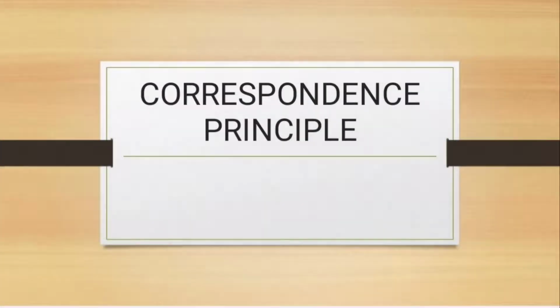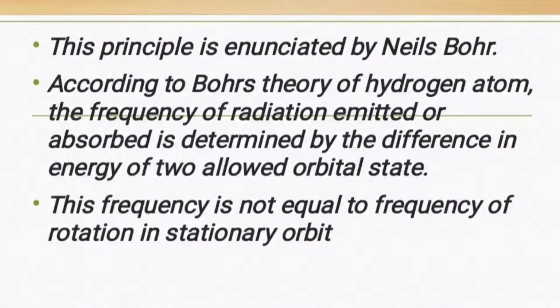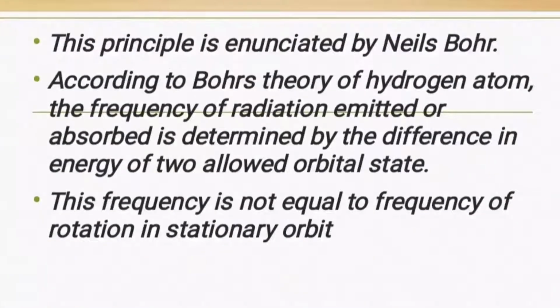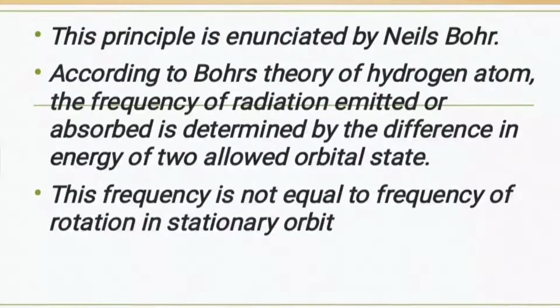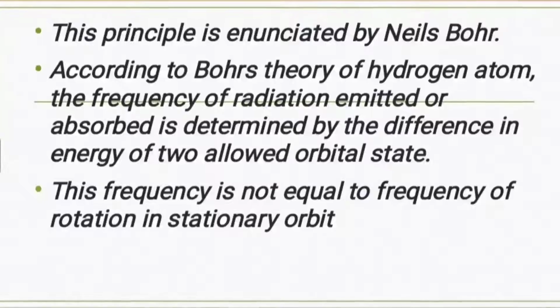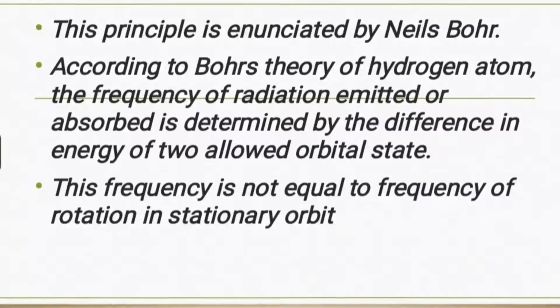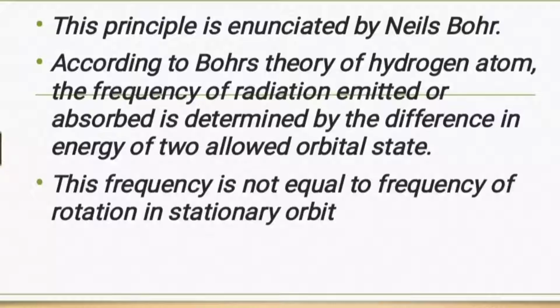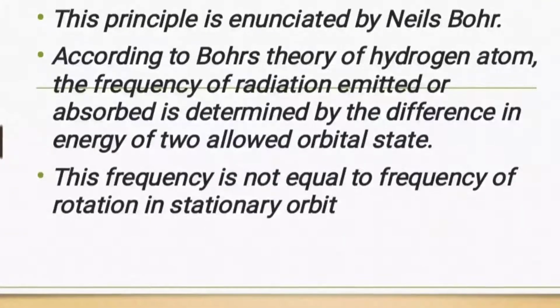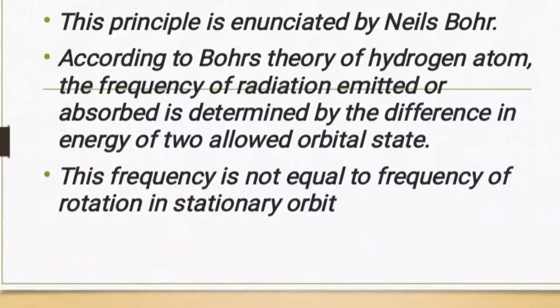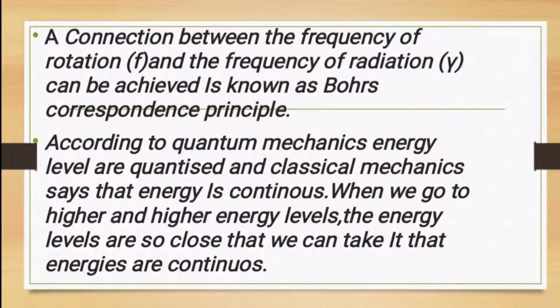Correspondence principle. This principle is enunciated by Niels Bohr. According to Bohr's theory of hydrogen atom, the frequency of radiation emitted or absorbed is determined by the difference in the energy of two allowed orbital states. This frequency is not equal to the frequency of rotation in the stationary orbit. A connection between the frequency of rotation f and the frequency of radiation ν can be achieved, and is known as